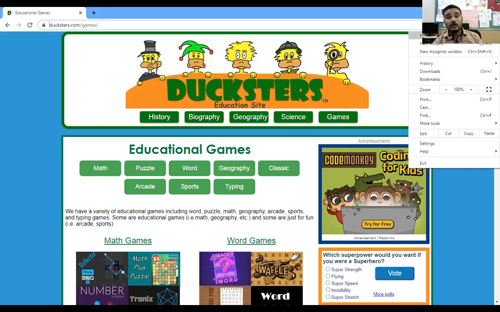And when we click on new window, another window of the same browser will be opened. For each one, shortcut keys are given that are shown over there. Then there is the option new incognito window. New incognito window means if you don't want your websites or URLs to be recorded by your browser, then you can go incognito, which means it will not register your history.